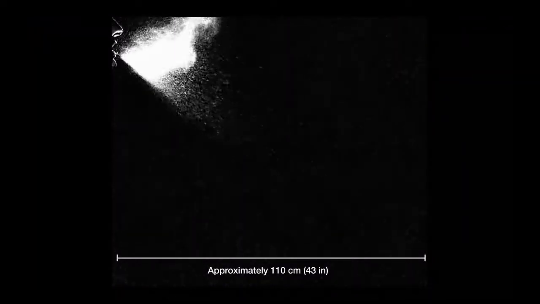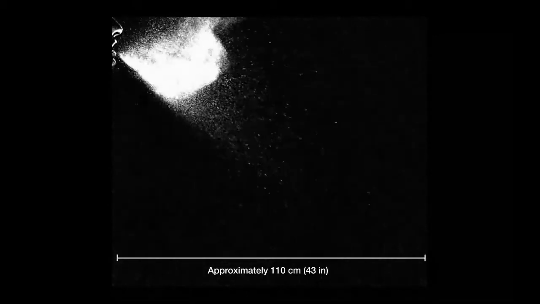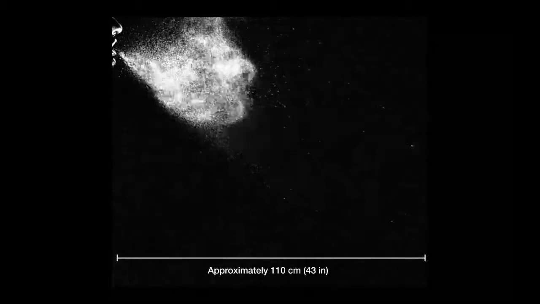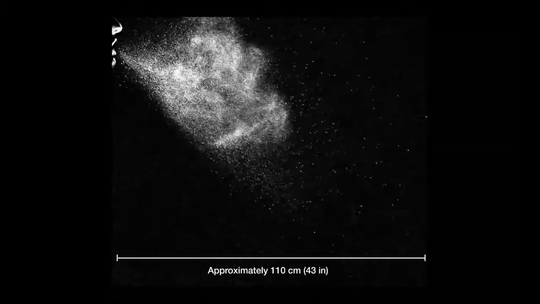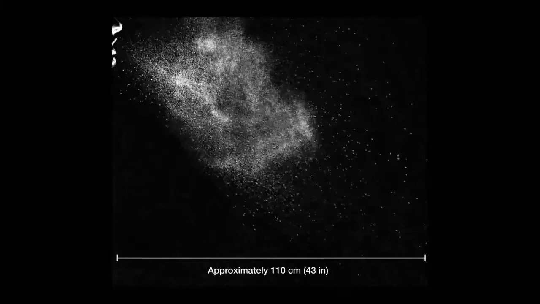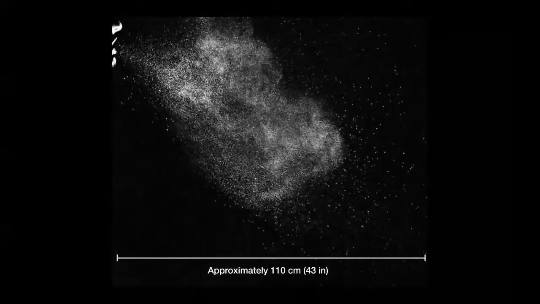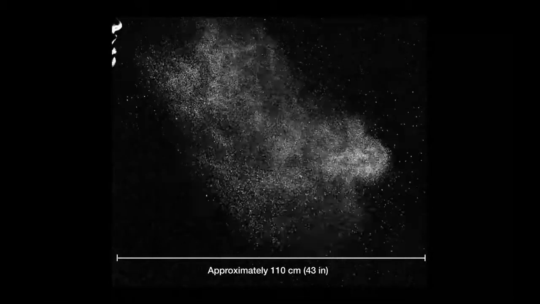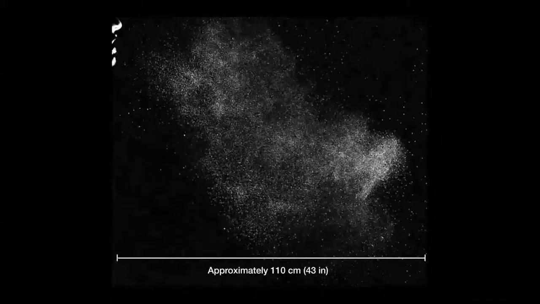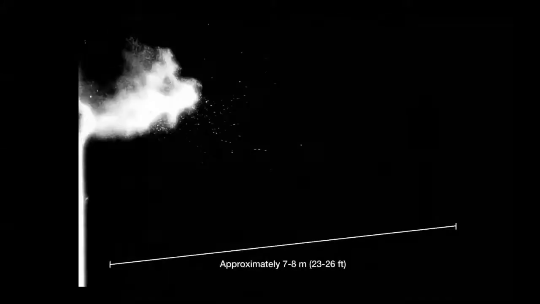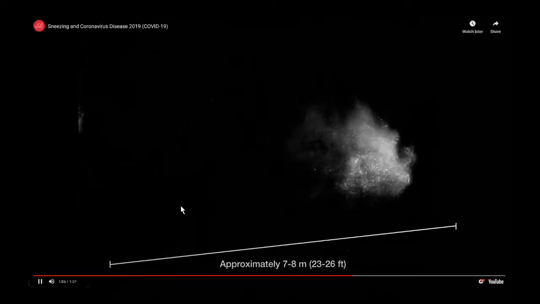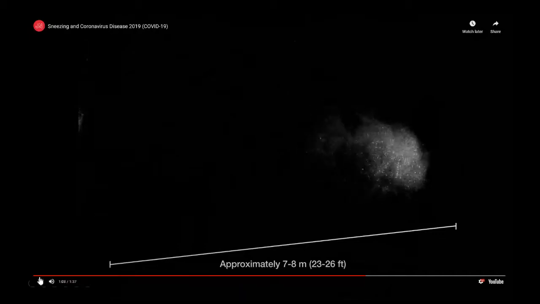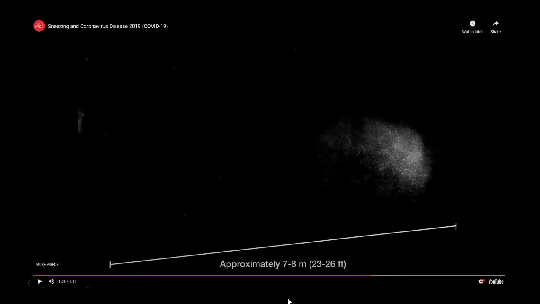The video shows many of the larger, heavier droplets will quickly fall out of the air and land on the floor and other surfaces. However, the smaller droplets will stay airborne for varying amounts of time, some becoming very small bioaerosols or droplet nuclei, and, according to the Harvard Medical School Coronavirus Resource Center, can be suspended and circulated in the air for up to 3 hours. So one sneeze, cough, or conversation from an infected individual can contaminate an entire space like a classroom, conference room, or other assembly area with infectious viral particles.